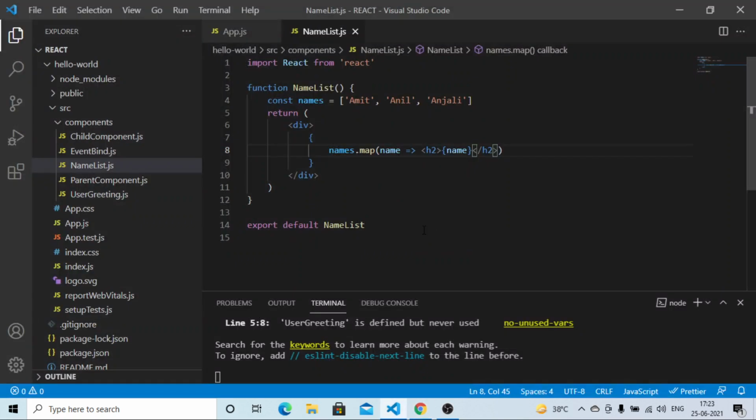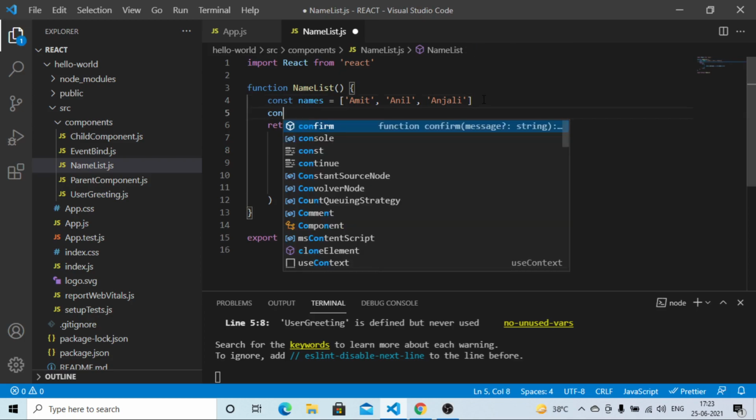Now if you want to make the return statement look simple, then we can get rid of this code out of the return statement like this.